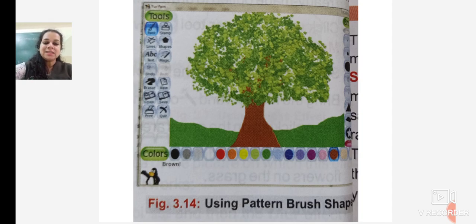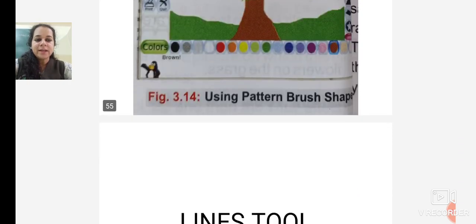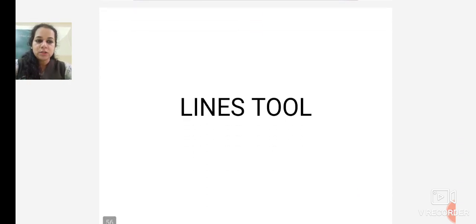By first select the paint, then you get the brush sub toolbox. Then by using the various tools in the paint option, you can draw the drawing of the tree using pattern brush shape.